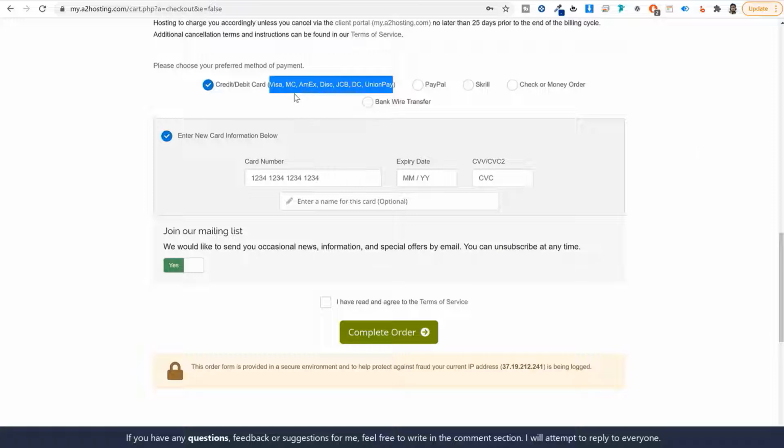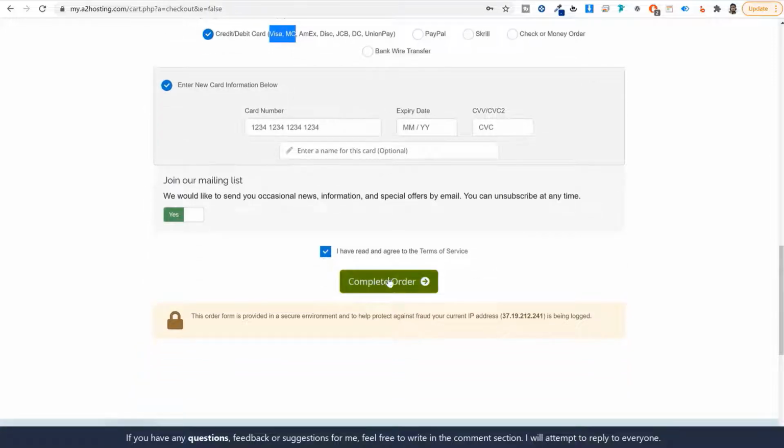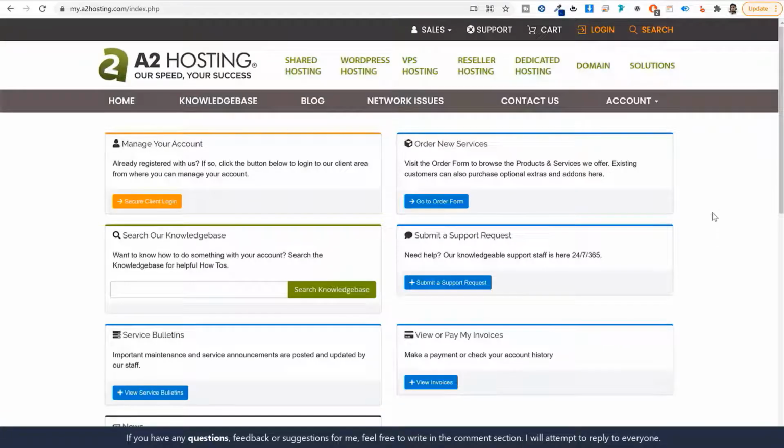So if you have a RuPay card, you can go visit your bank and you can upgrade your card to Visa or a MasterCard. So enter your details and after that click on the tick mark and click on complete order. Now once you complete your payment, after that you have to come to this website or this page,